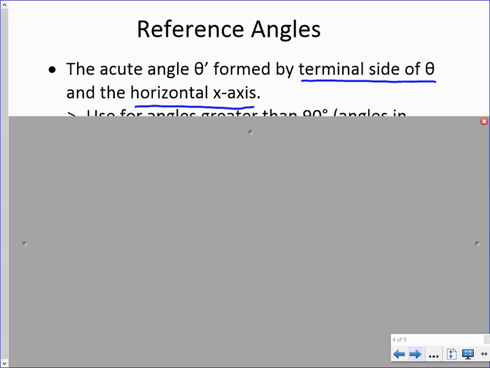The most common mistake that I see when we first learn reference angles in Algebra 2 is a lot of times you'll just go back to whichever axis is closest, and sometimes that will look like the y-axis. So sometimes people find reference angles using a y-axis. That's not an actual reference angle. And that goes back to the idea that the reference angles